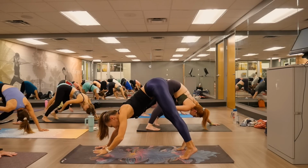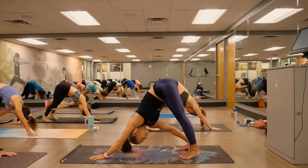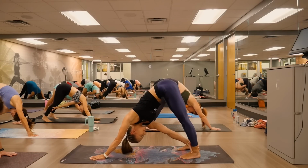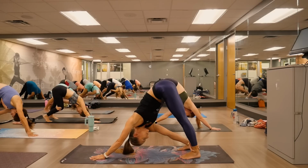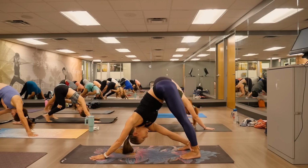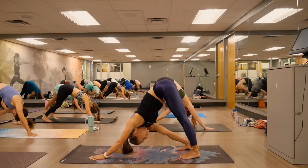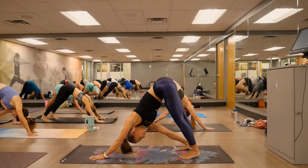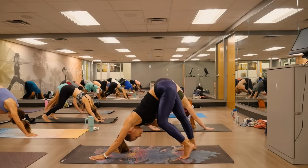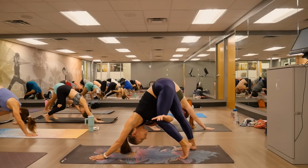Let's switch the position. We're going to drive first our left hand towards the right. Don't worry about perfection in this practice. We come here to improve, to feel better, to be more flexible, to become stronger. There is always a point of start. Go ahead and bend that knee. And if you wish to give it a hug from inside out,